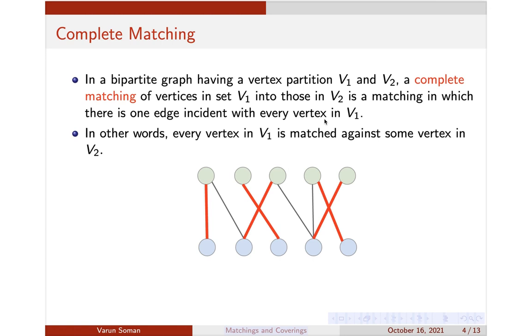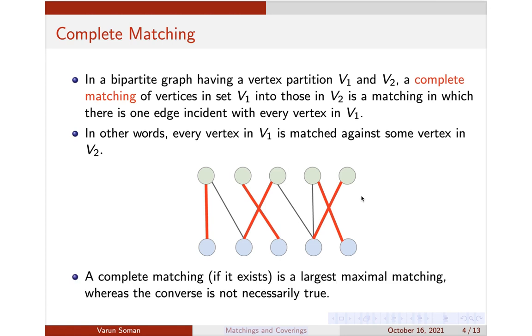For example, there are some jobs like this. Six jobs are there, and 5 people are there. Now all 5 people have got jobs. That means all the people in this set have been assigned. That is the meaning of complete matching. Similarly, if all jobs have been distributed, we'll say that a complete matching from jobs into people has been done. That is another idea of complete matching.